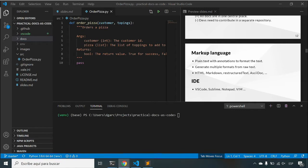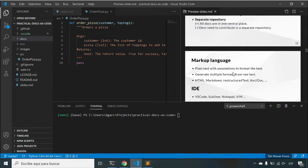And this document will be around how to get started and install, for example, this package in a project. So we will write it in plain text so that we can export it later into multiple formats, such as HTML or PDF. And you can use any markup language to add some format, because if we just write plain text and we pass this to a program, it won't be able to, for example, format bold text or format links. We need to use some special annotation that these programs can read in order to produce, for example, links or to produce headings. So between all of them, I have picked RestructuredText for this tutorial